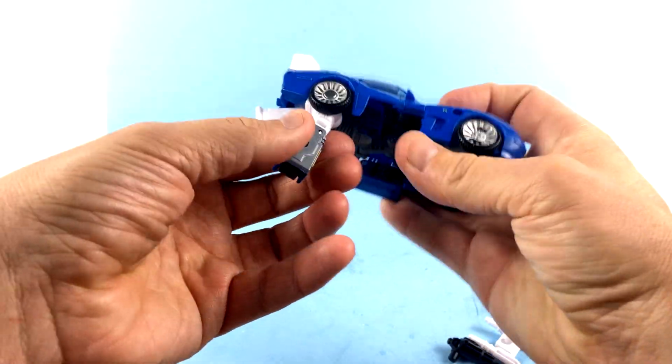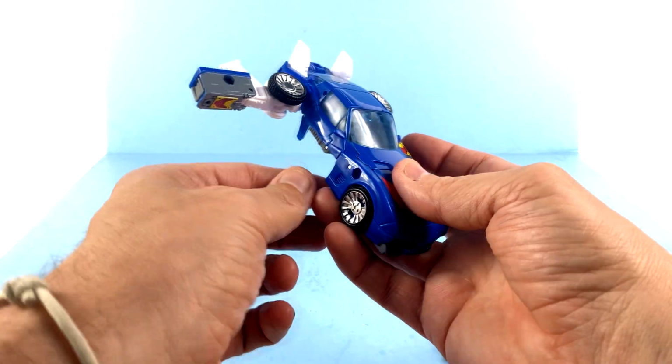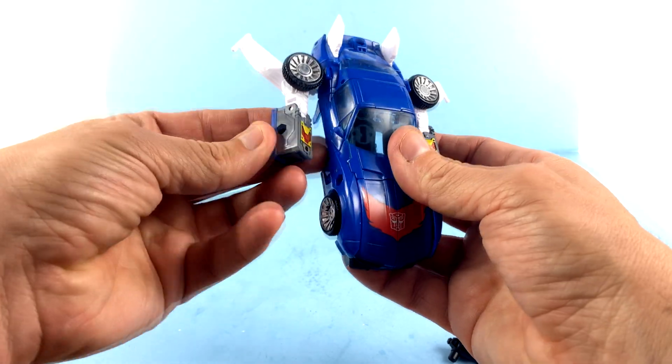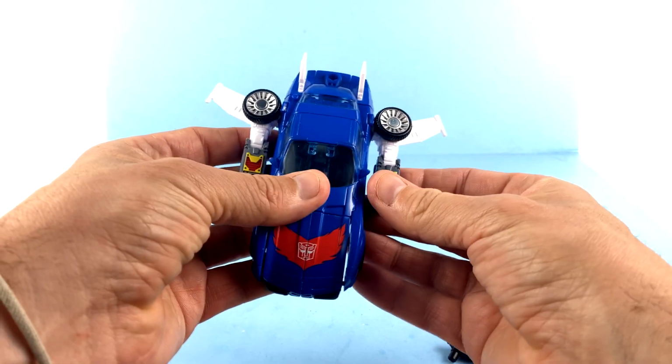There we go. Just get that out of there. And then rotate this up. Be careful of this. Now, this is something I'm going to talk about. This entire top section is clear plastic, and a lot of people talk about their concerns over that and how sturdy it will be. It's definitely something I'm concerned over